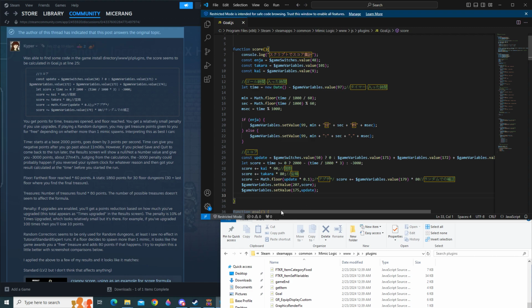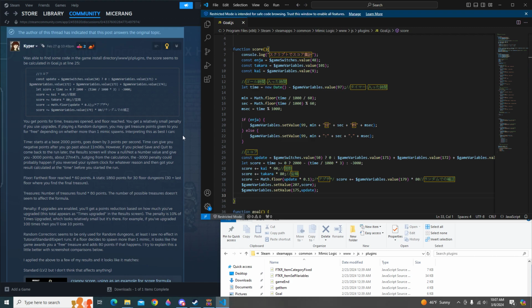A person on Steam asked how the scoring works, and someone else who's very smart found the file that shows the scoring. You can find it yourself if you want to. Basically, your score starts at 2,000 and goes down by 3 points per second,